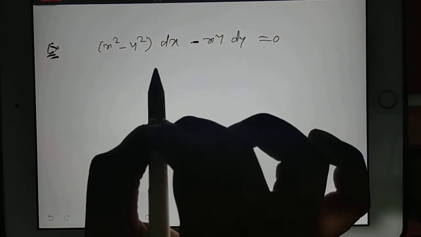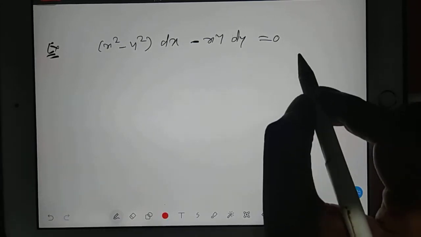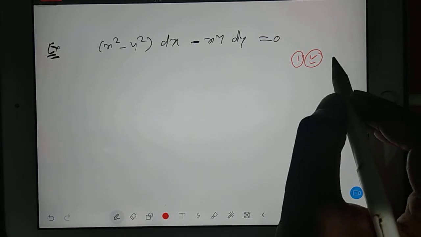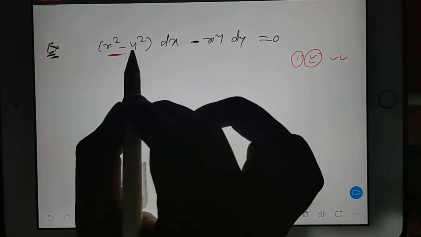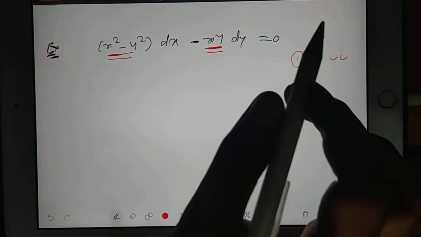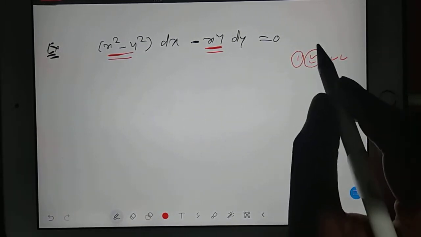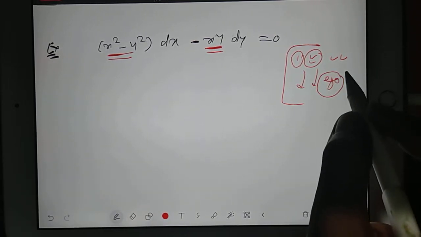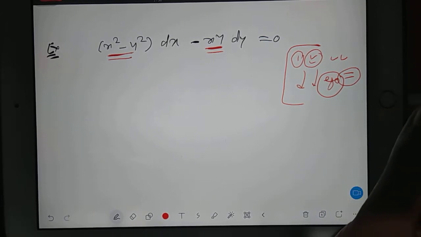In this equation, when it comes for the first time in your GATE exam, your first approach should be, can you solve this by the variable separable method? It looks difficult because here x and y are like this and here x and y are like this. Okay. One thing is the ego problem. Ego problem means, yes, I can do this, I will do this only by the variable separable method. That is different. You sit and spend whatever time you want.